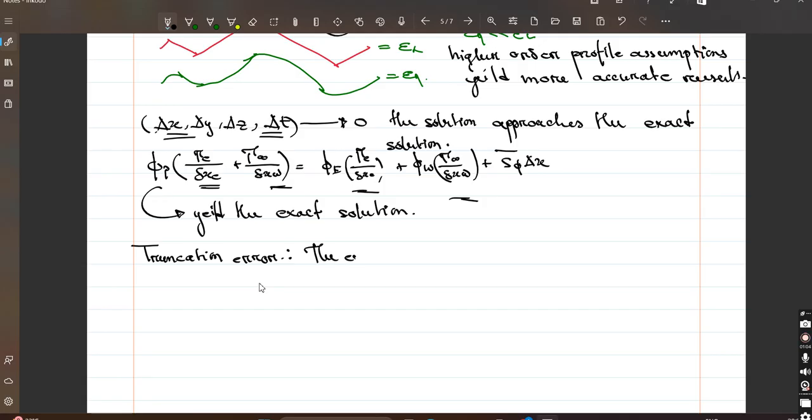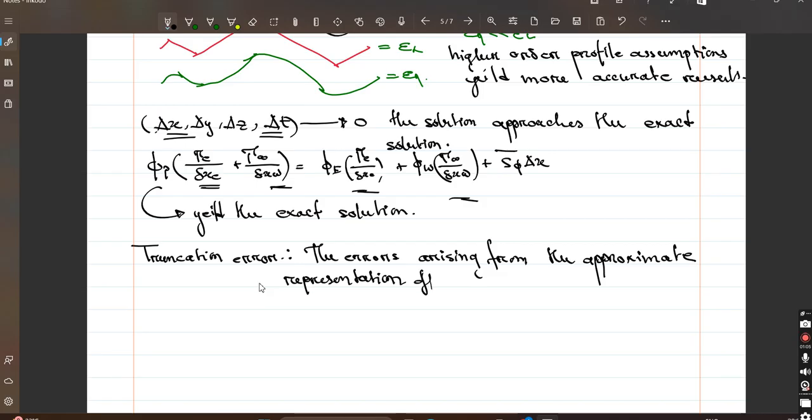It is nothing but the error arising from the approximate representation of the differential operator. Okay, or we can rather say, approximate representation of the partial differential equation. Okay,